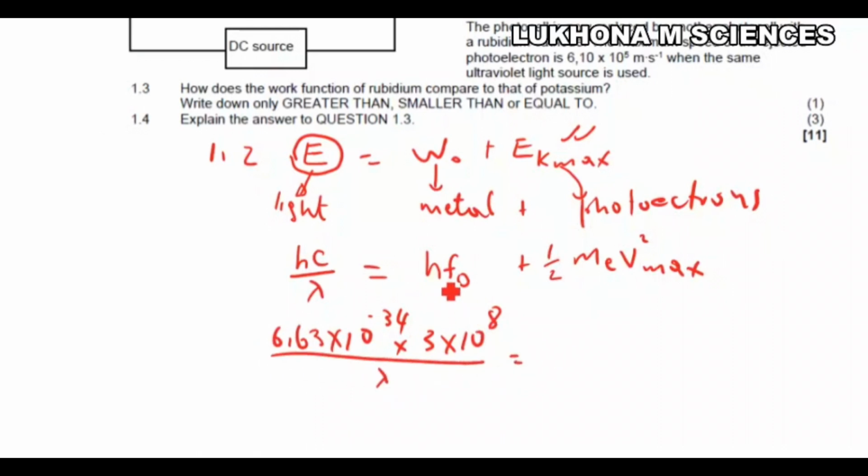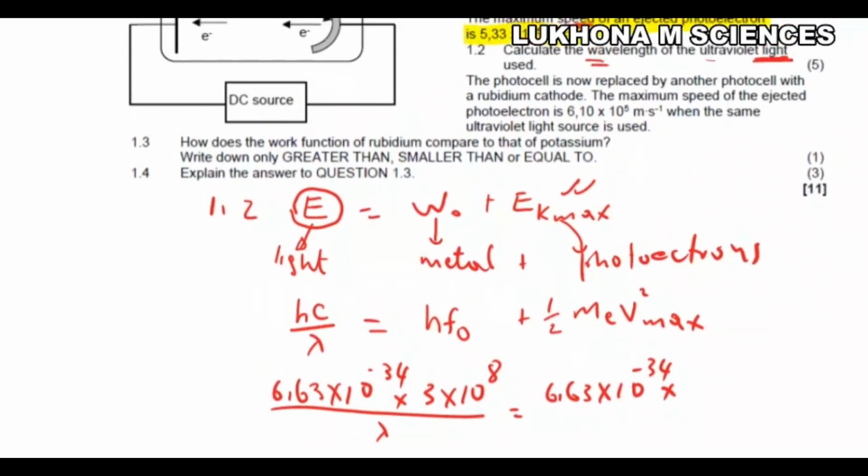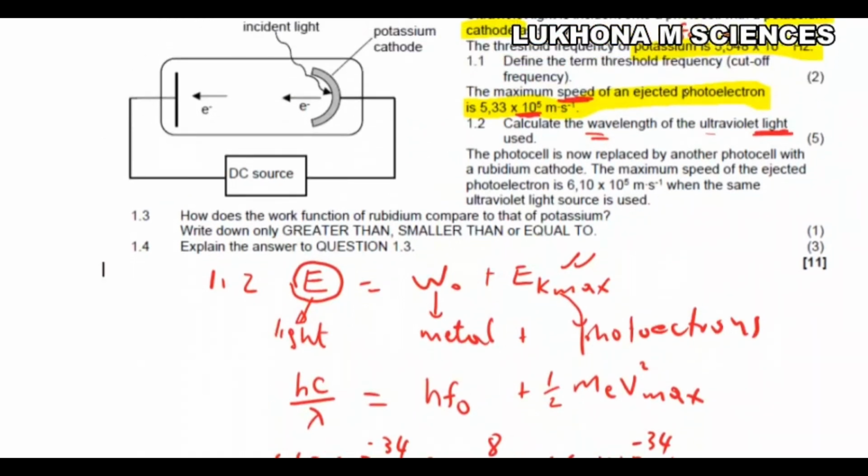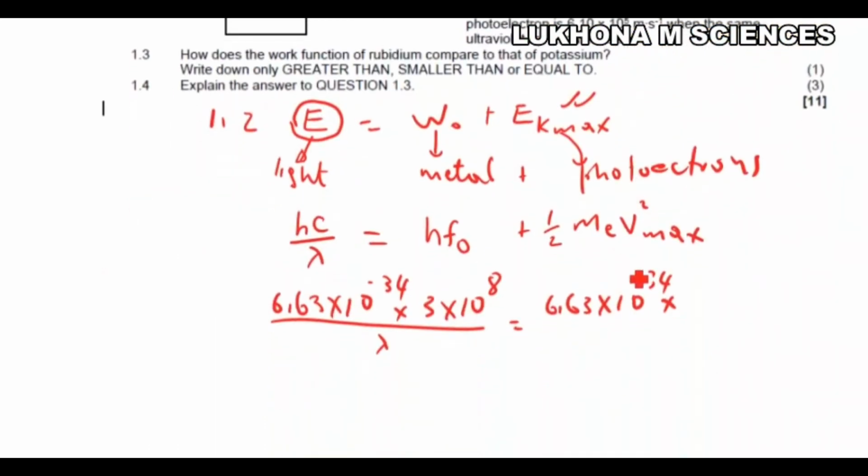This equals h, 6.63 times 10 to the power negative 34, times the threshold frequency of potassium, 5.548 times 10 to the power 14, plus